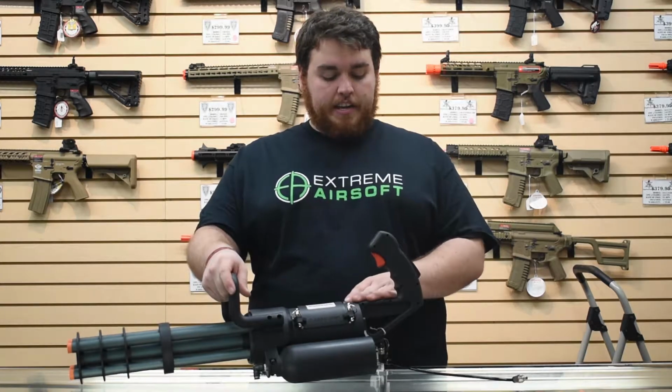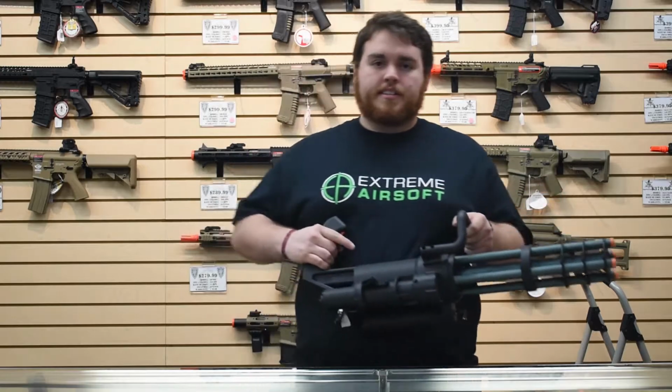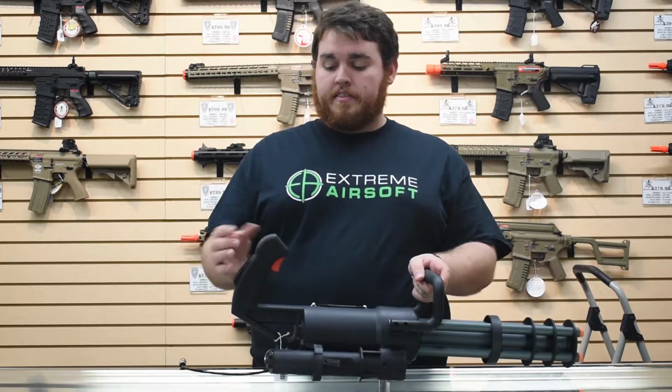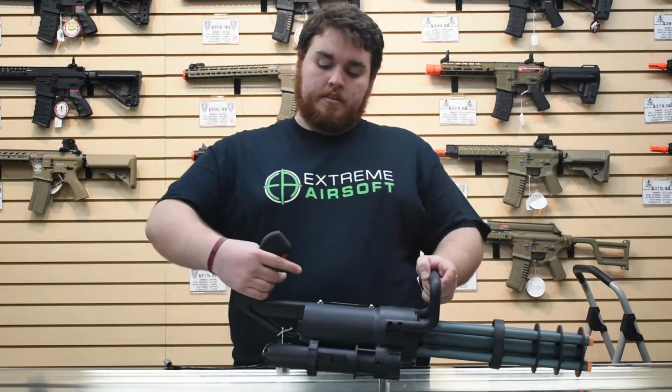So then you get back here, you can see the handle. It is similar to a chainsaw style kind of grip. On the back is the safety. You can't activate it unless you have the safety depressed, kind of like a beaver tail safety on a pistol. And then